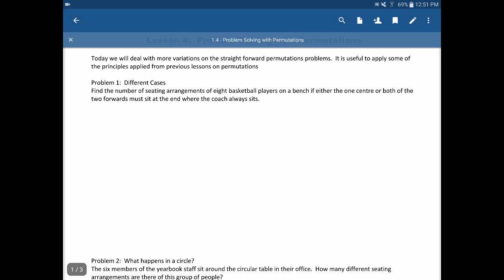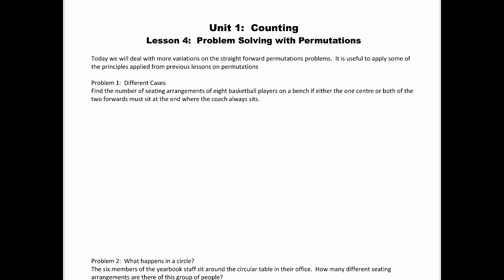Hey guys, today we're going to take a look at some more complex questions involving permutations. Basically, we're going to look at some questions where there are some tricks to being able to solve them, so that you can use these little tricks in different questions. So the first one we've got is a